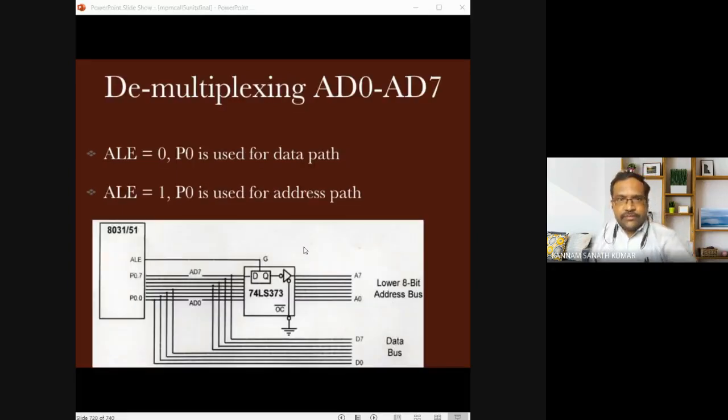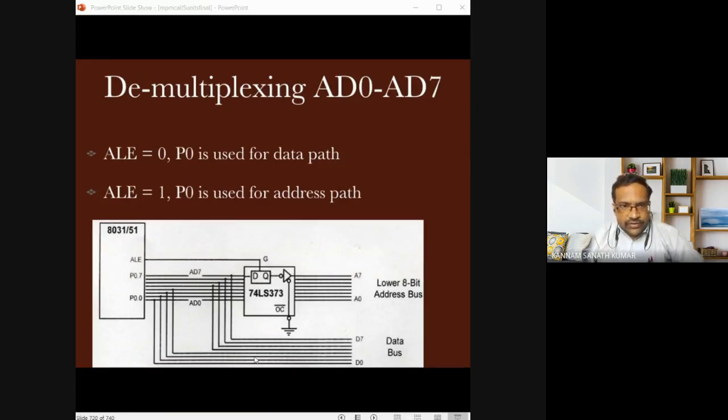If you observe this, the ALE pin is connected to the 74LS373 latch. When ALE equals 0, the latch stores whatever address is there, and data lines are available.